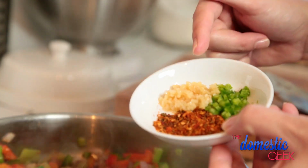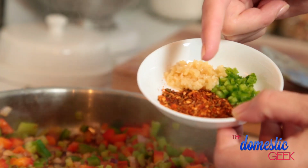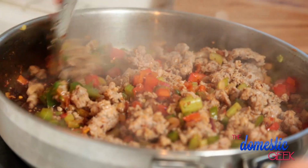So I've got some minced garlic, some minced jalapeno, and some Cajun seasoning. I'm using my homemade Cajun seasoning, but you could also use store-bought if that's what you had on hand. I'm going to heat all of this flavor up for about 30 seconds or until it becomes fragrant. Then I'm going to add my sausage back to my pan, give it a good stir, and this is ready